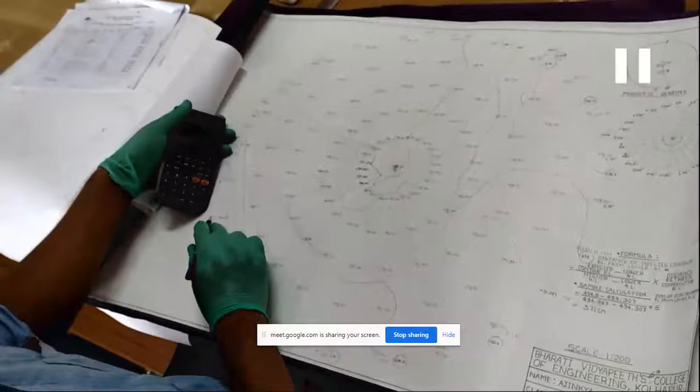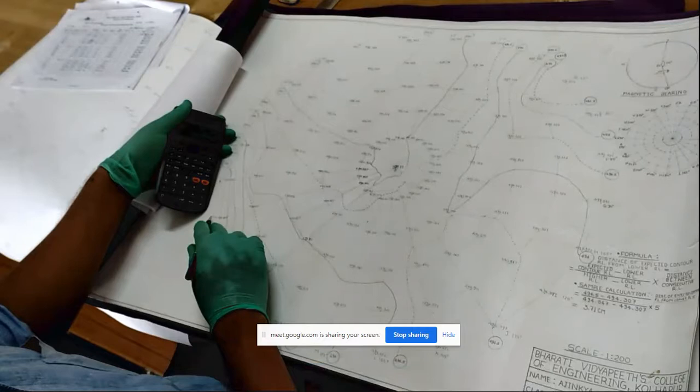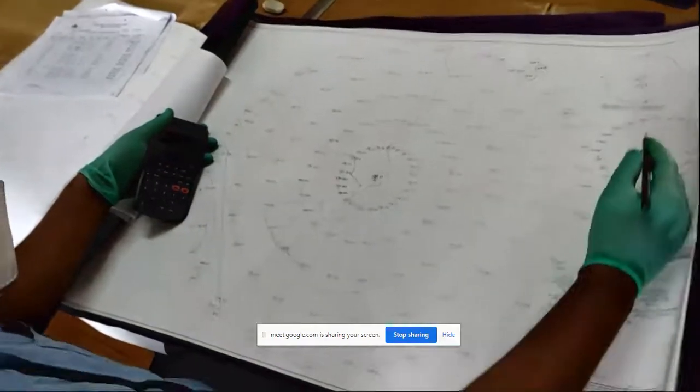Then the question arises whether to take the rounded figure or 0.5 or 0.25. That is nothing but the contour interval. We know that the contour interval is the vertical distance between two consecutive contour RLs. It depends upon the accuracy, or whether the ground is plain or sloping. According to that we take the contour interval and draw the entire drawing sheet.